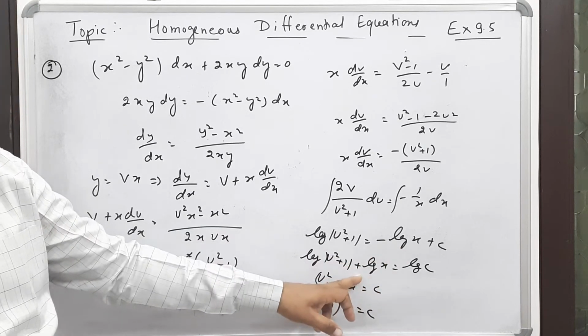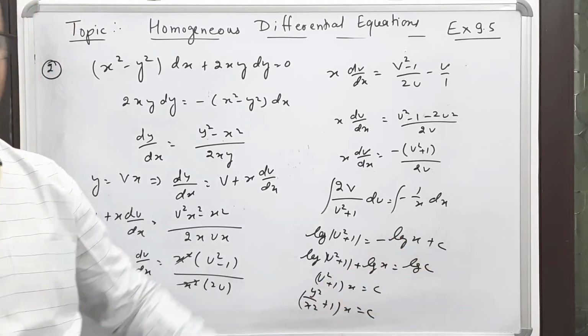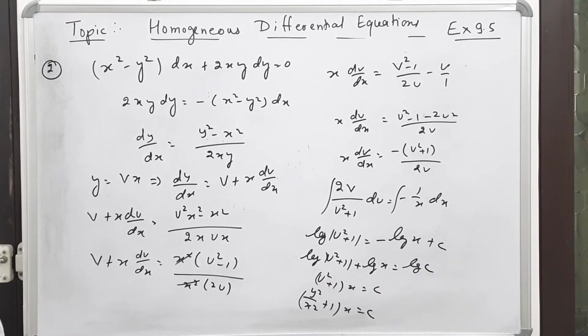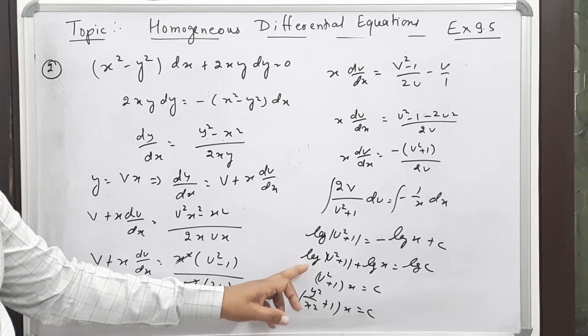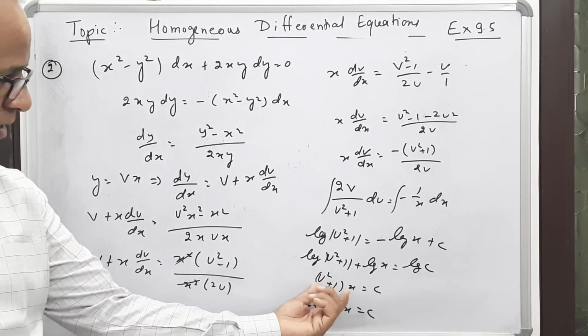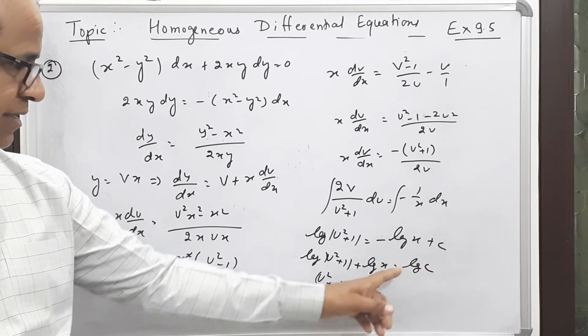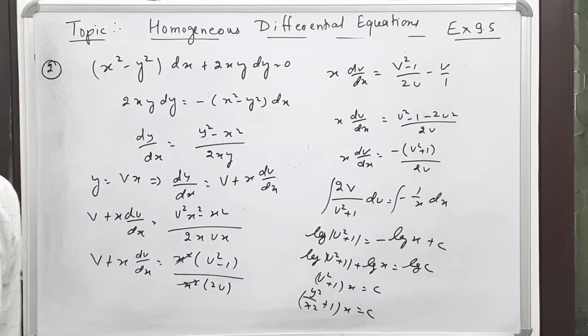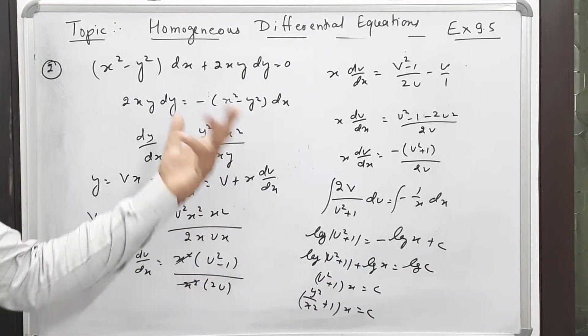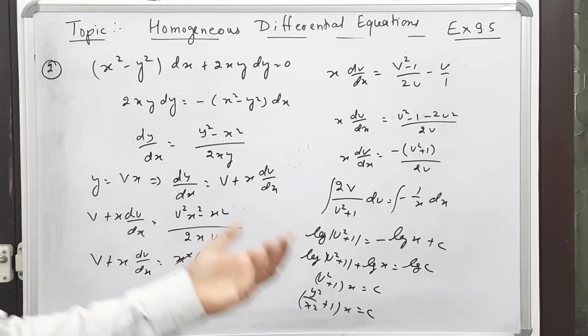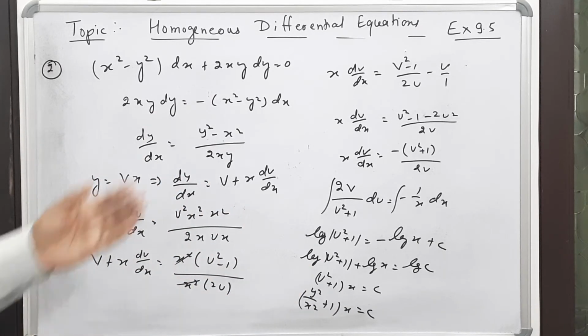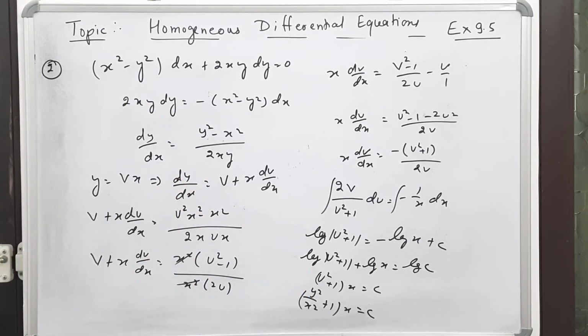In this way, you see this step is a little extra here. This log x I have taken to this side, and instead of c I have written log c, because it is a constant, it can be. By the property of log, here it is plus sign, so it will be in product form, and this is c, and then log and log cancel, and this will be the final answer. So in this way you can solve. You have seen that in this sum, the methodology is similar. The methodology is used for all the sums.